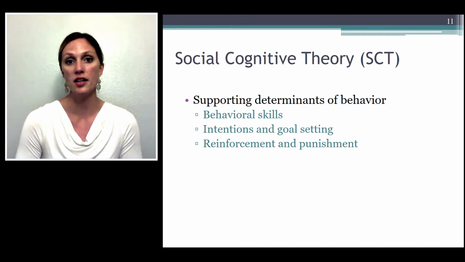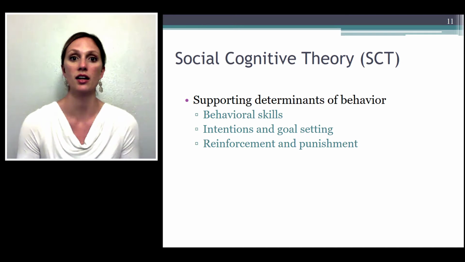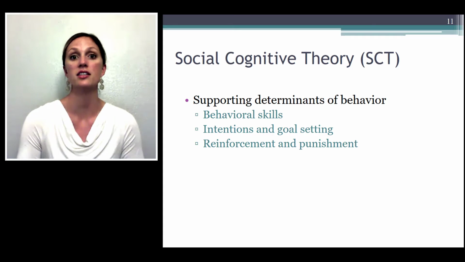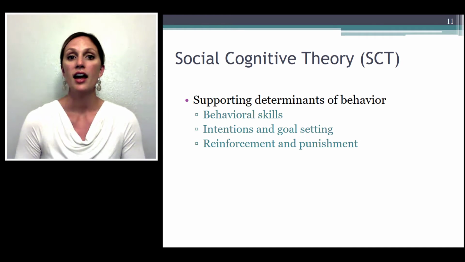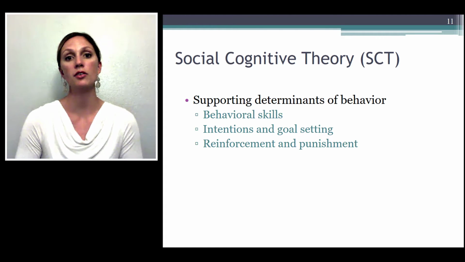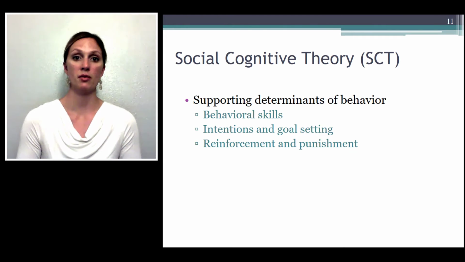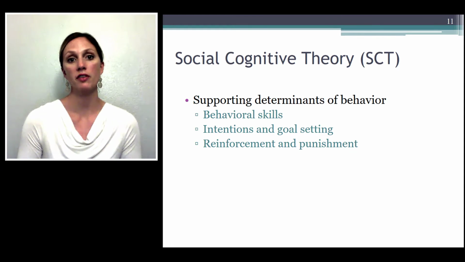Next, we have intentions and goal setting. Intentions sounds like another health behavior theory, the theory of reasoned action and the theory of planned behavior. So the SCT posits that an individual has to be motivated to change a behavior. They have to want to, and they have to intend to engage in that behavior. And they have to regulate themselves through a system of goal setting. So motivated people often set goals for themselves to engage in different behaviors, and this can be a great strategy for an intervention, is teaching people to set goals to help them progress towards making that behavior or maintain that behavior.